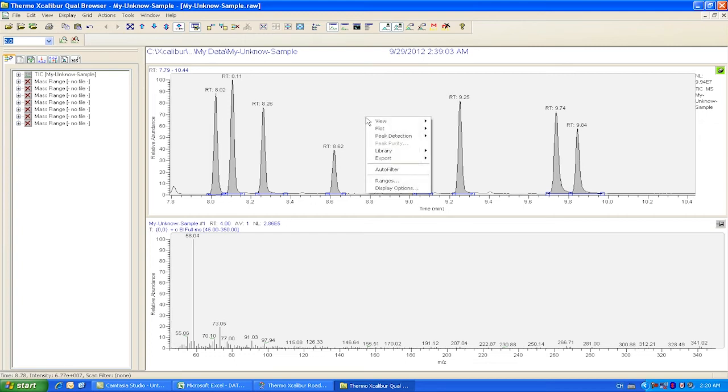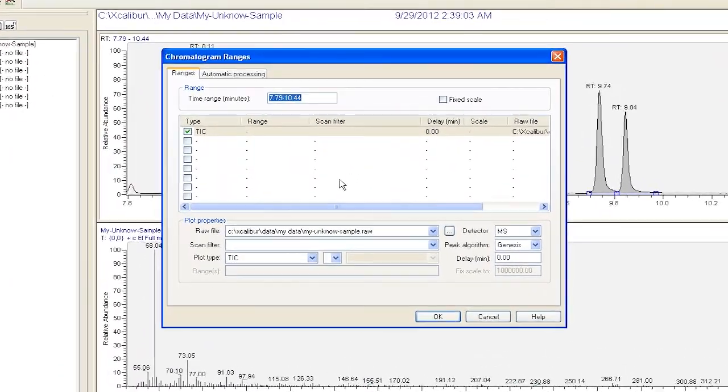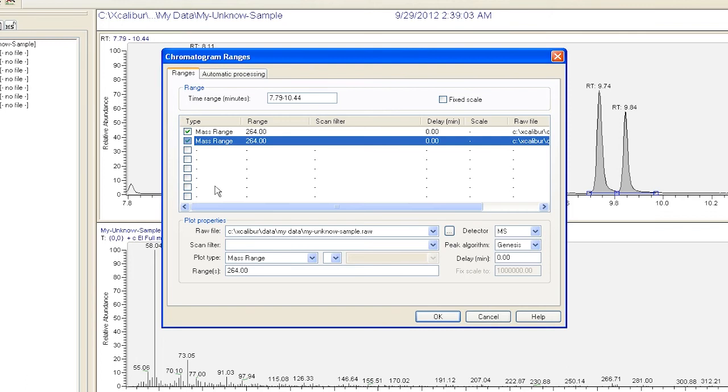Right-click and select Ranges. And under Plot Type, select Mass Range. Enter an ion, for example, 264, and repeat steps for 266,